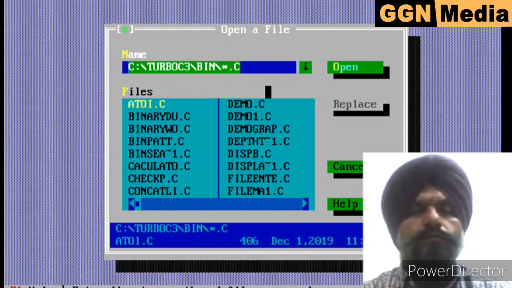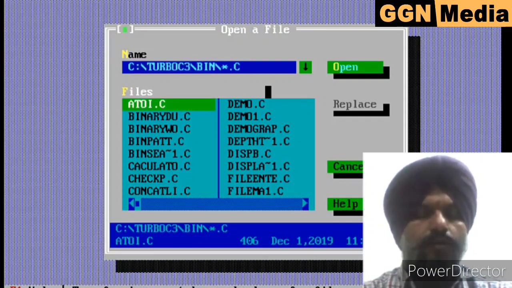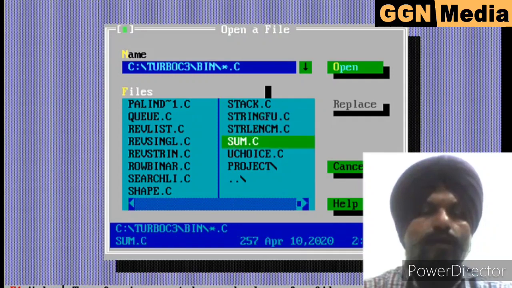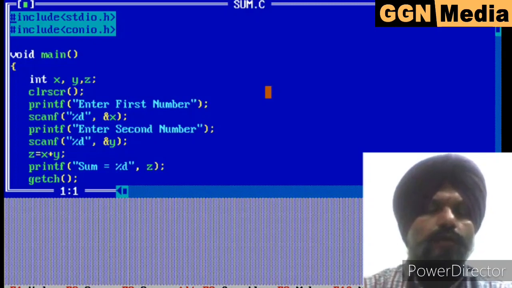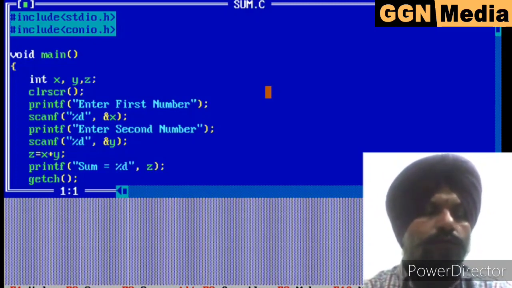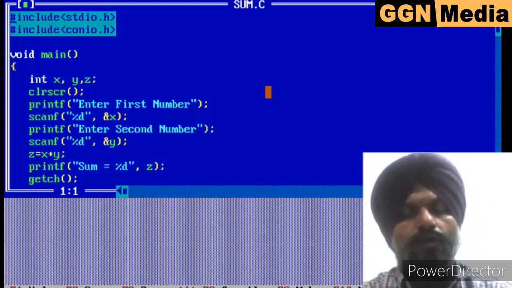And another thing is that in C there is a status bar, where you will see the relevant shortcuts. For example, if I have to open a file, I will use Alt F, or generally press F3. In F3, I will search the file in a directory and open it. Now in the status bar, it shows that F1 is for help, F2 for save, F3 is open, Alt F9 is compile, F9 is make, F10 for the menu.